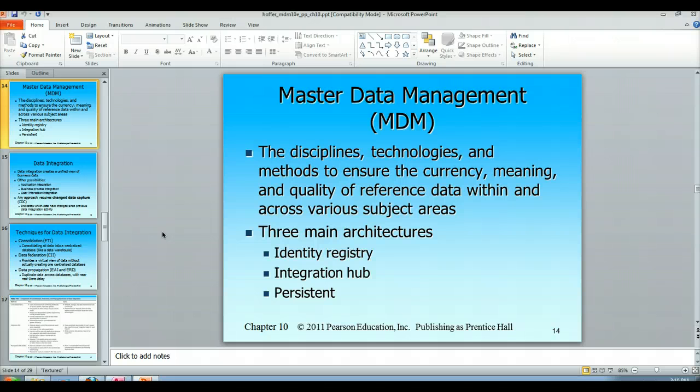First of all, what is master data management? Why do we need master data management? The reason we need master data management is primarily due to the fact that there have been mergers and acquisitions on a very large scale. So what happens? Now we've got two organizations that have merged, or fully merged and become one organization. Well, have they been storing data in the same way?